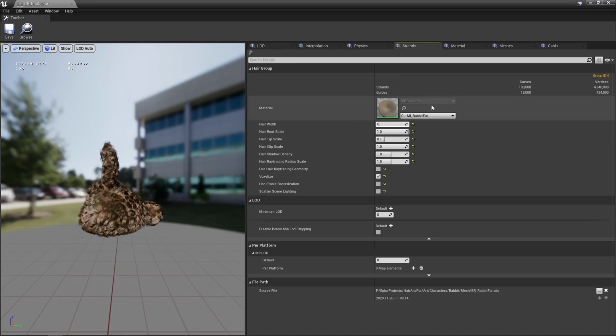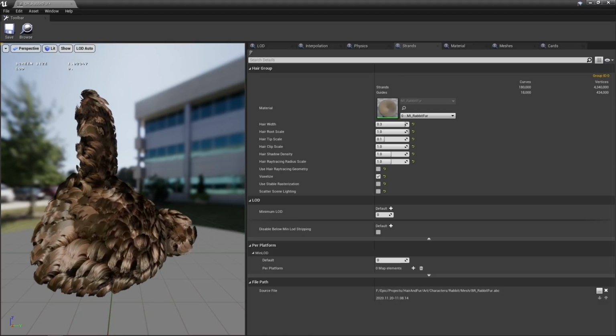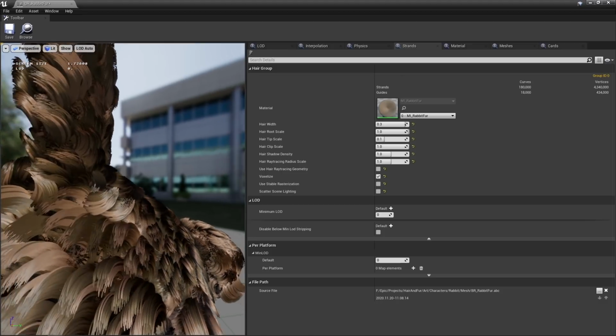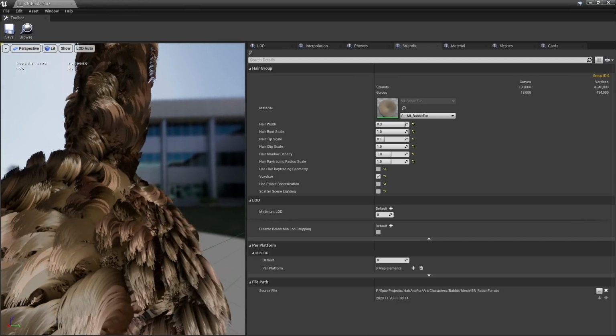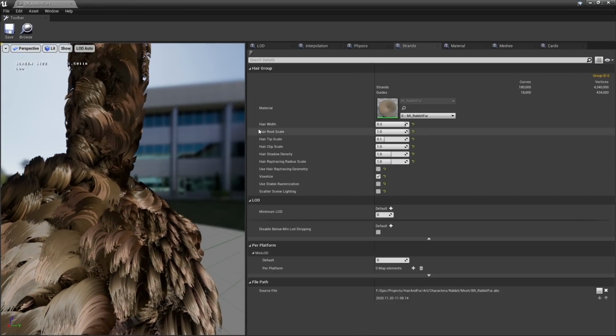I can go all the way to, let's say, 3. And then instead of having nice thin hair, we will have something very thick like spaghettis or pasta. Who knows, that could be good for certain situations, right? And then we can also change the thickness of the root and the tip of the hair. Usually the tip is going to be thinner and the root is going to be thicker, like in this case. But you can play around with that.